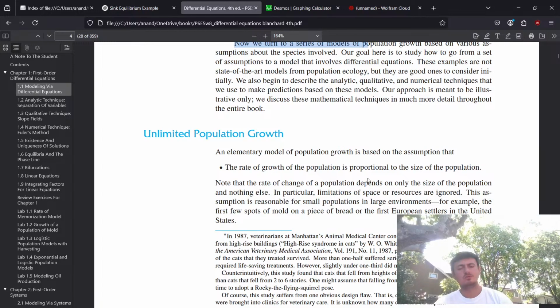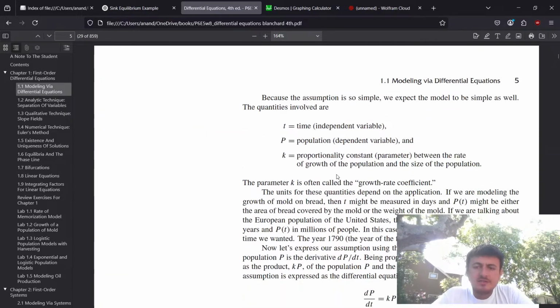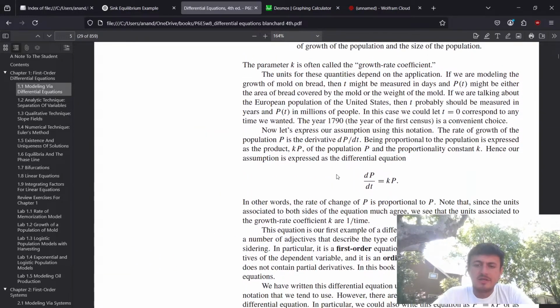All right, so what is this book about? From sections 1.1 to 1.7, we have basically the general idea of modeling, and then they introduce the simplest